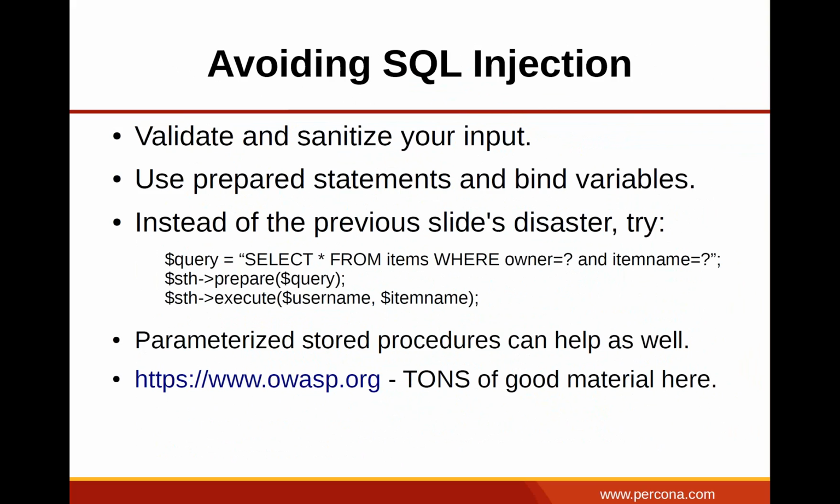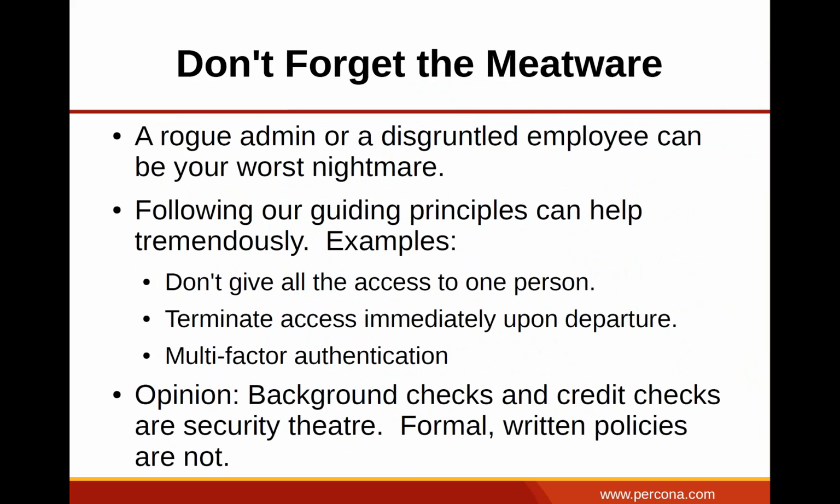I certainly did. And don't forget the meatware. That's us. The rogue admins, disgruntled employees, this can be your worst nightmare. They already know how your systems work. If you're firing someone or if someone's leaving, terminate their access immediately. If you're hiring new people, maybe you don't give them access to critical systems right away. And again, if you follow the guiding principles, don't give all the access to one person. This might not be feasible in smaller organizations, but in larger organizations, do you really want one super admin that